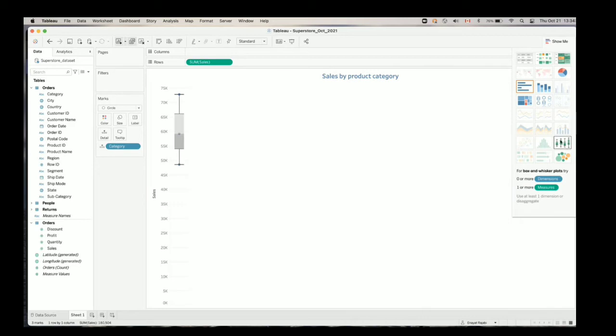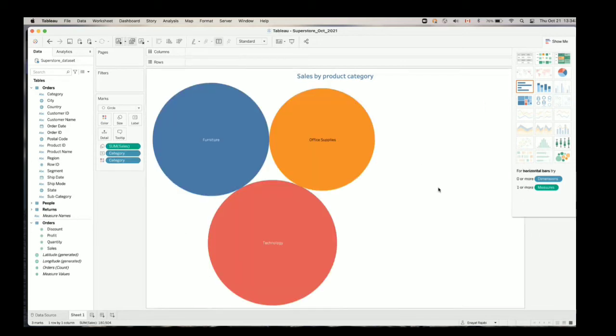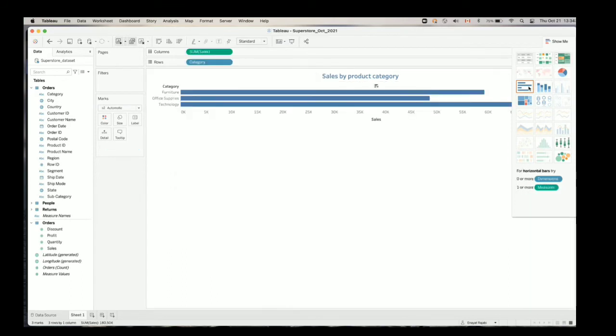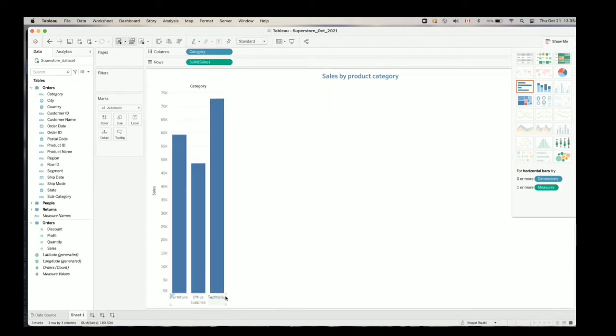Even, you can show the box plot to show the range of sales, perhaps per category, right? Or you can use a bubble chart to visualize the amount of sales. Okay, so let's go back to our bar chart visualization, and we design it to show